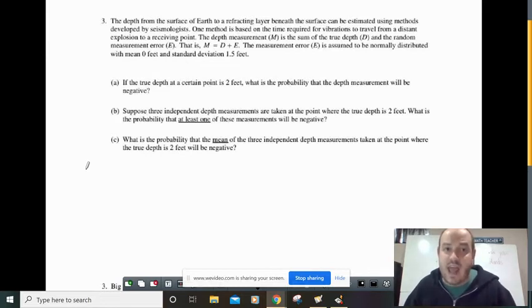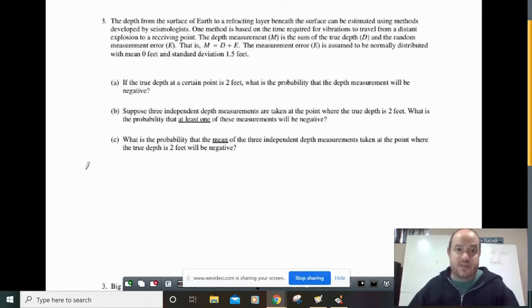The measurement error is assumed to be normally distributed with the mean being 0 feet and the standard deviation being 1.5 feet. Okay, it says if the true depth at a certain point is 2 feet, what is the probability that the depth measurement will be negative? All right, now